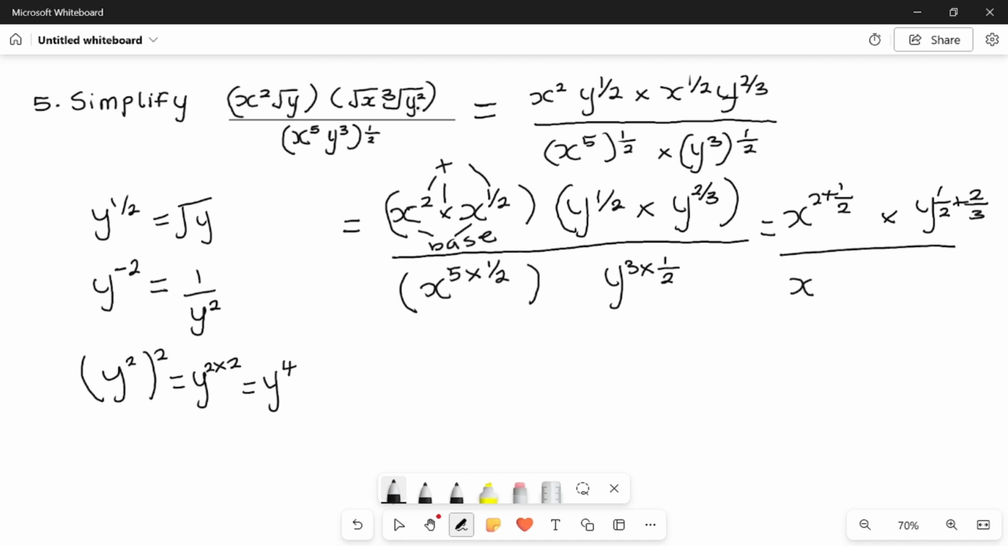It will now be x raised to power 5 over 2, and y, we didn't put this in bracket, y. 3 times 1 over 2 is the same thing as 3 over 2, right? y raised to power 3 over 2. So they are all having their powers. So remaining the numerator. So we now have that